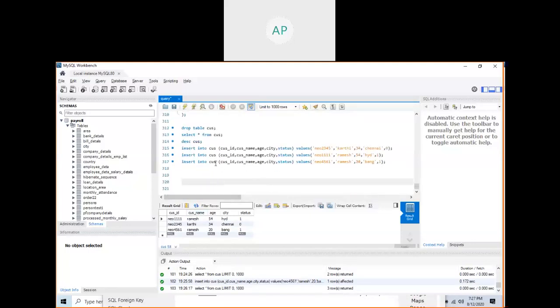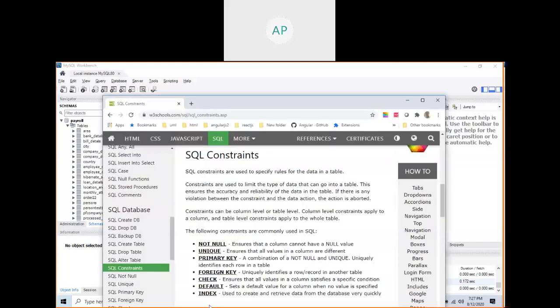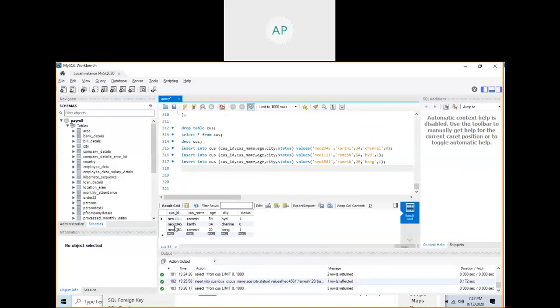We solved one problem, duplicates. Now, as per this, a combination of not null and unique, this primary column uniquely identifies each row in the table. Is it right? Uniquely identifies each row in the table. By using this column, you can identify a unique record by means of unique. If you give customer ID, it will select only one row. At any point of time, it will not select more than one row. That's why I mentioned it here.